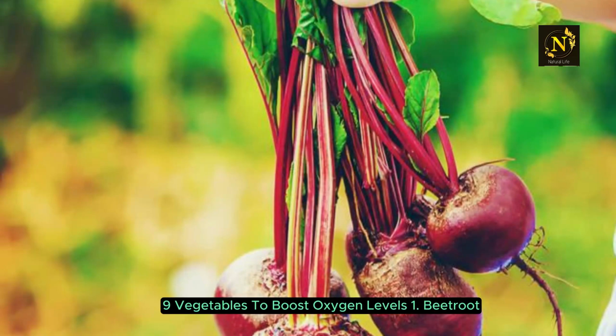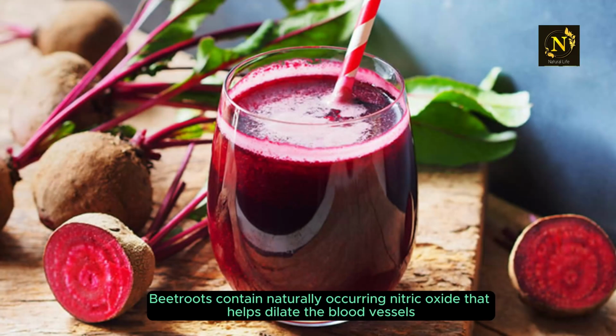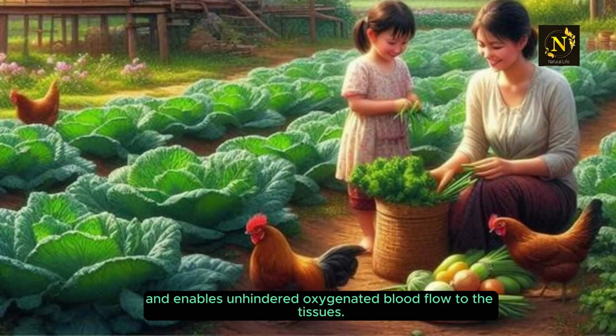9 vegetables to boost oxygen levels. 1. Beetroot. Beetroots contain naturally occurring nitric oxide that helps dilate the blood vessels and enables unhindered oxygenated blood flow